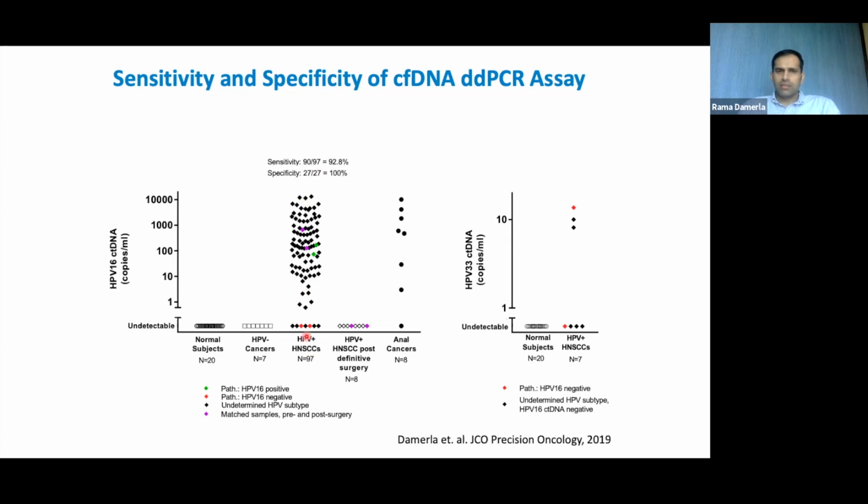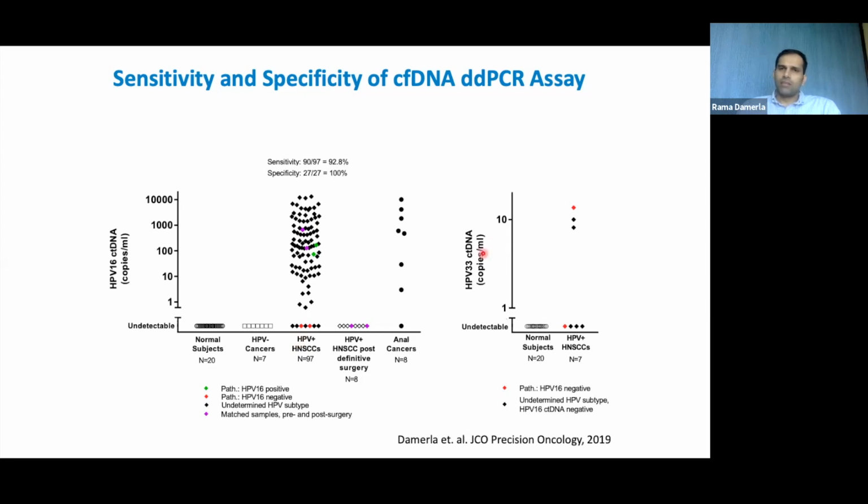And then there were 7 of them where we could not detect HPV in these samples. After surgery, we again tried to detect it, but we couldn't detect any. We also had 8 anal cancer samples, out of which we could detect HPV in 7 of them. So what we did was we took these 7 samples that were negative for HPV-16, and then we tried